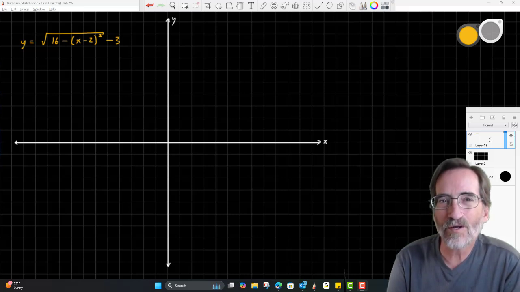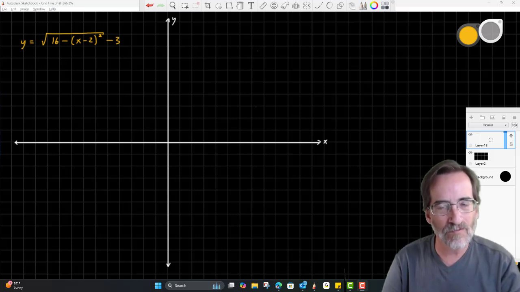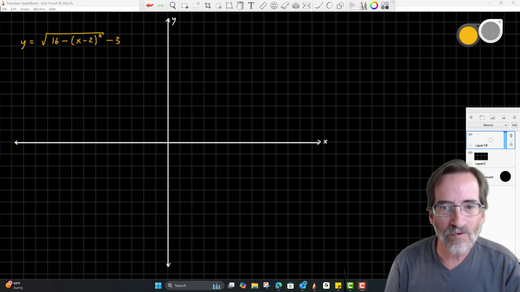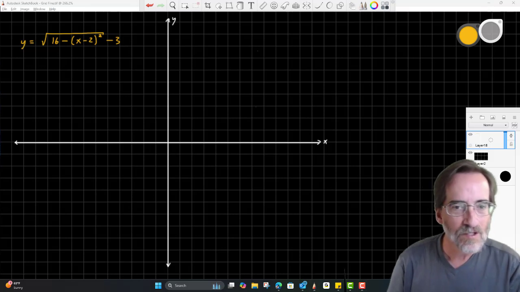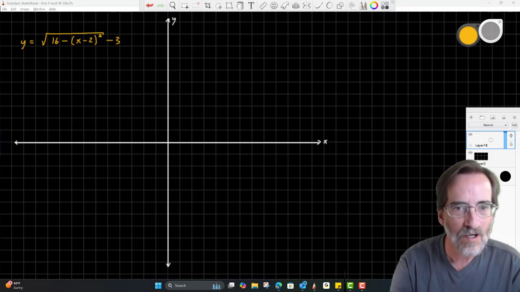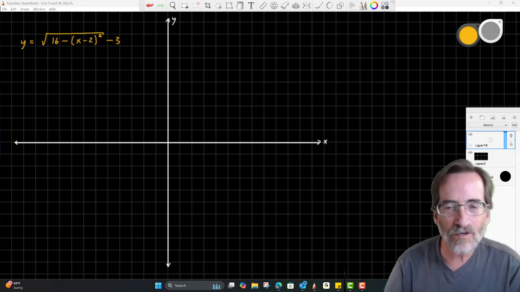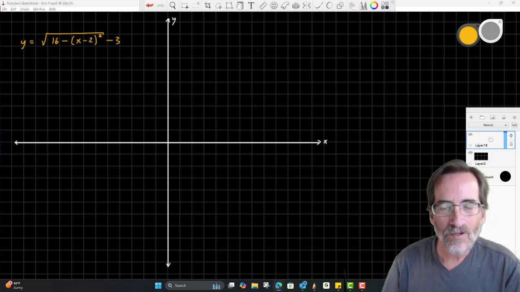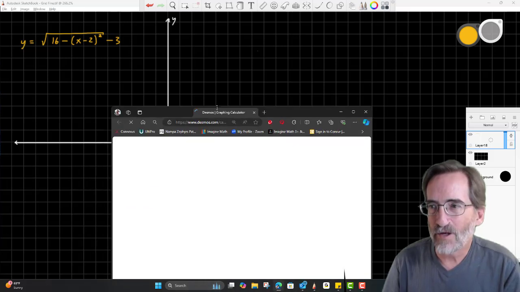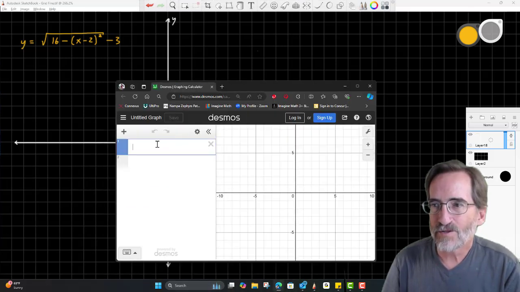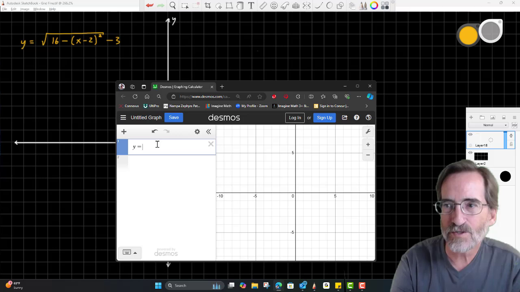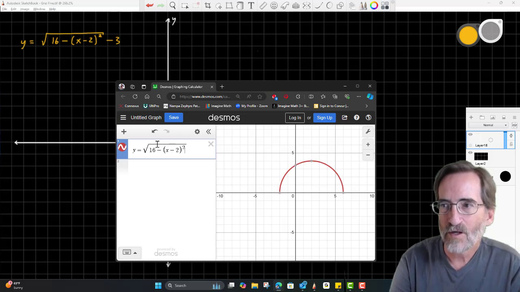It's not really the equation of a complete circle. Let me demonstrate real quick. If I were to bring up Desmos, I don't have it open here, so desmos.com/calculator. It's a good graphing calculator. I highly recommend it. And insert this equation, y equals sqrt 16 minus parentheses x minus 2 quantity squared